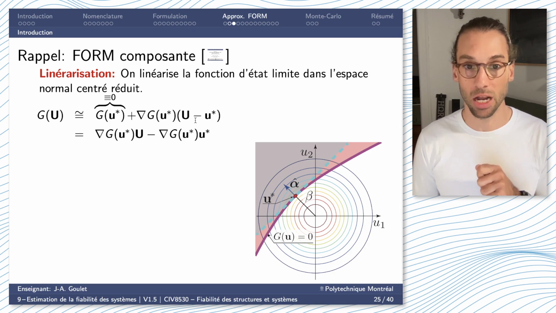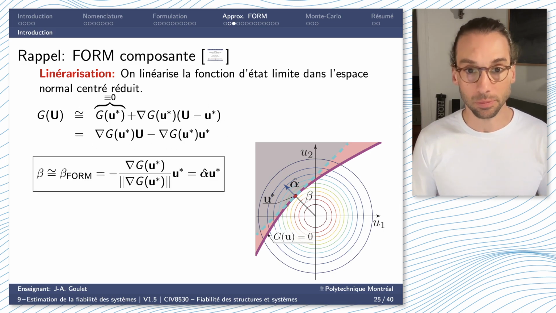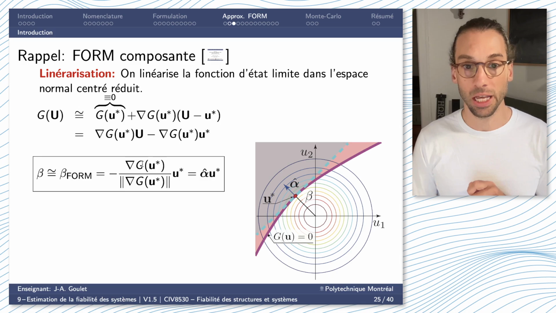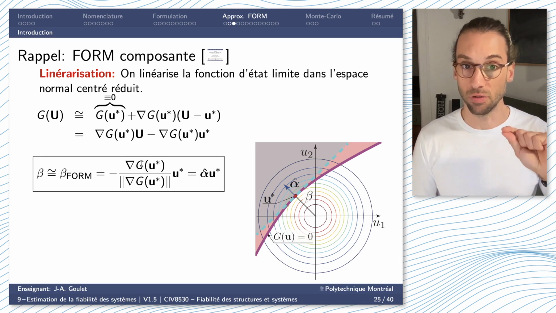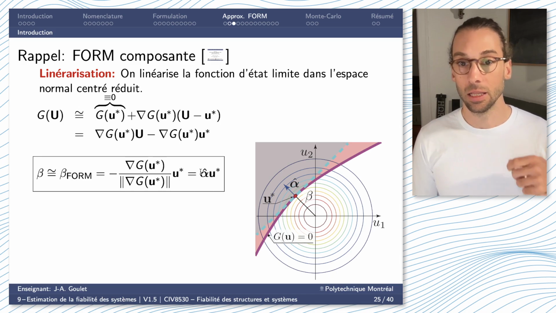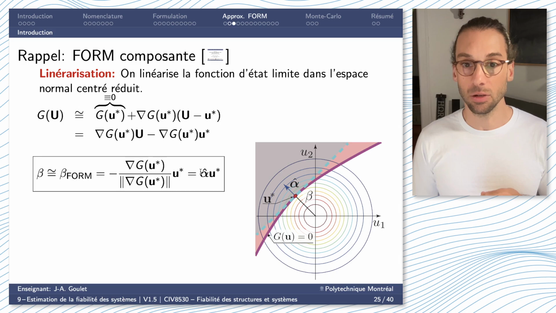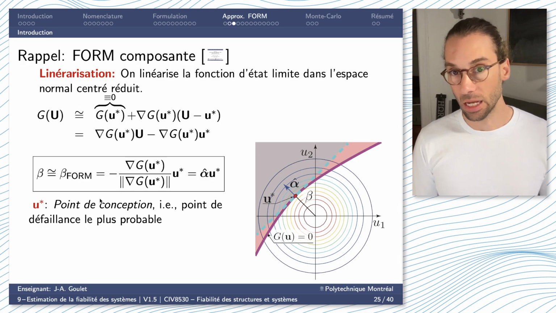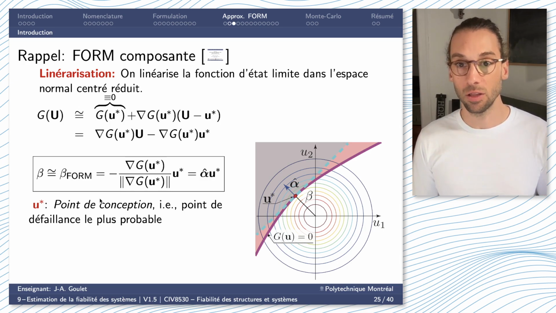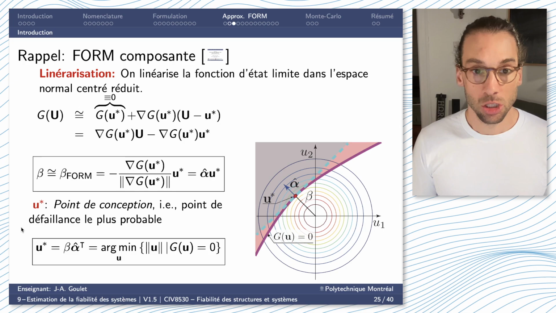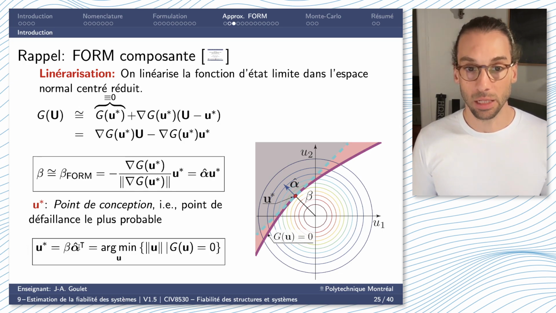If we develop the rightmost term here, we're going to get this formulation. And we saw if we compute the expected value and the standard deviation of these things, we're going to get the beta, which is the ratio of mean and standard deviation of G of U, being this term, which can be further simplified as alpha U star, where alpha is my negative normalized gradient vector, and U star is my design point. My design point is the point that has the highest failure probability while being on the limit state surface. So my U star is going to be equal to beta times alpha hat,